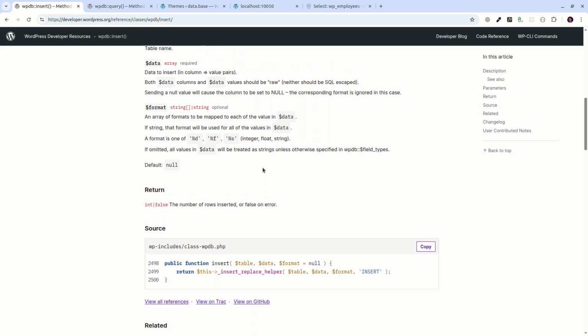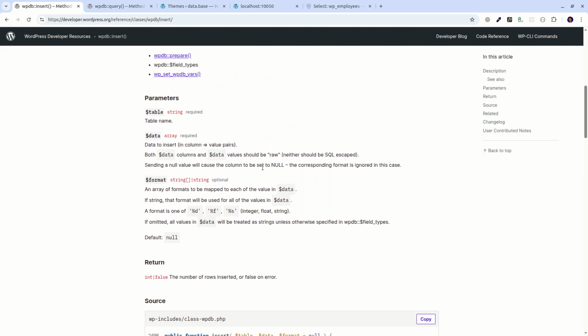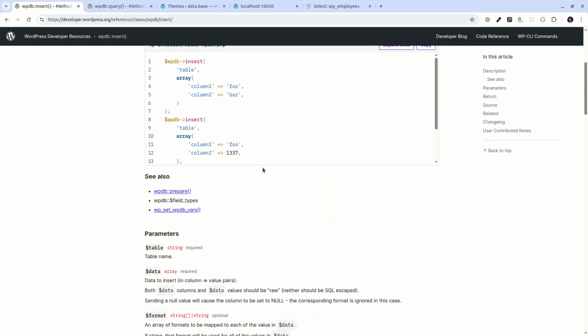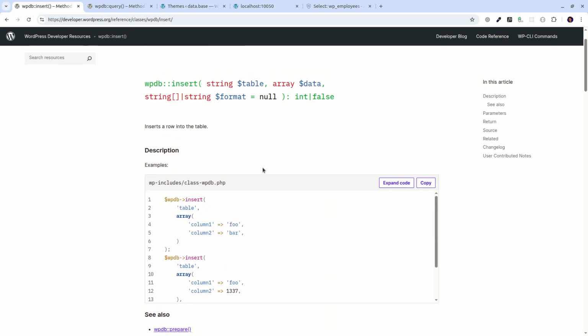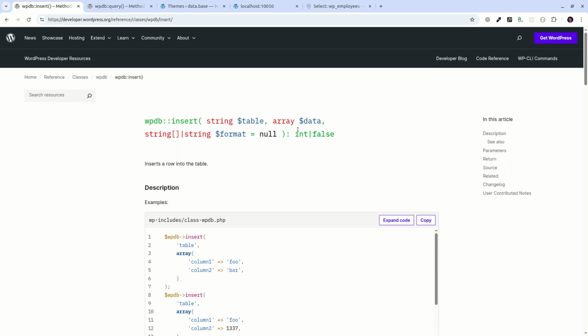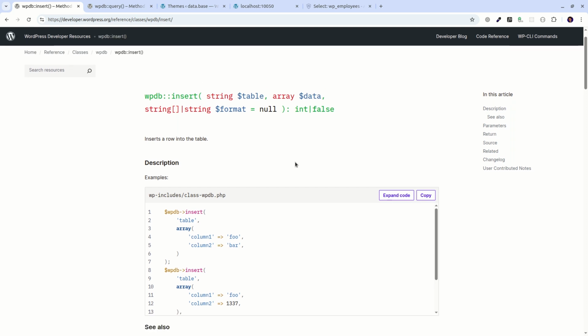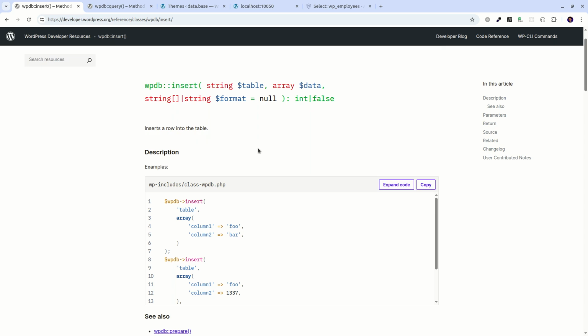As we know that insertion can be done, you can insert more than one row, right? So this is an array of data, okay, that you would be inserting, and you will be given the feedback how many rows were actually affected by this array of data being inserted. Now